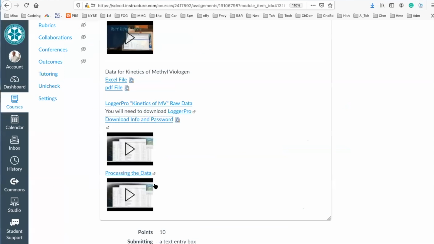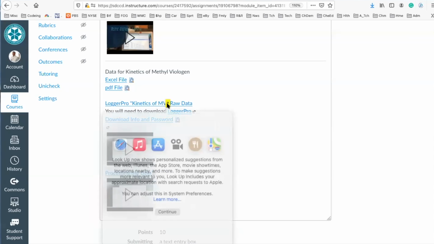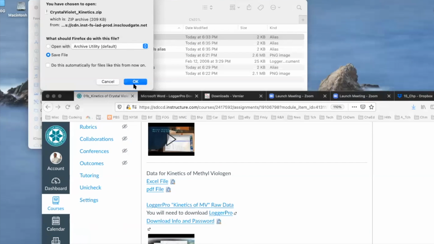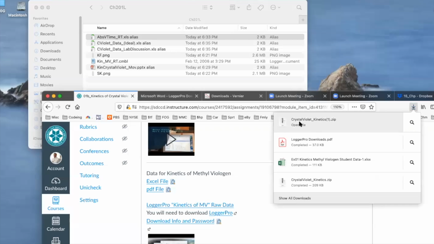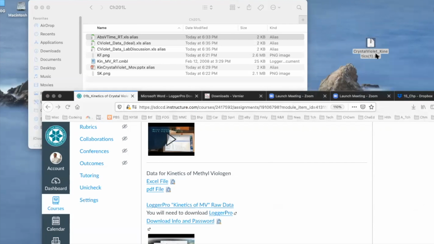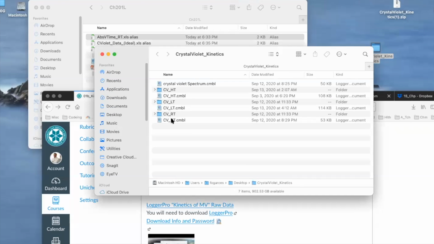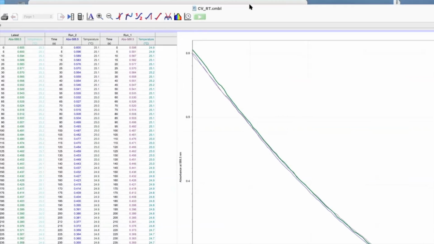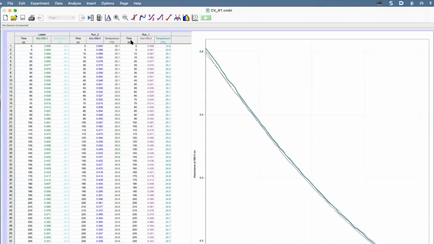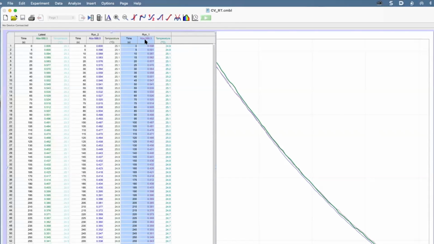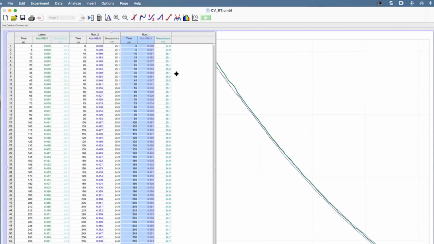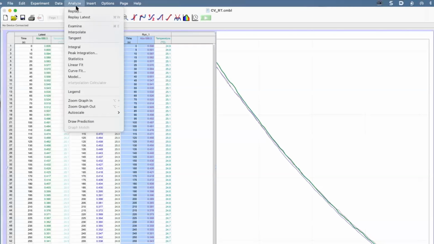And when you get the Logger Pro program, then you can take this right here, which is the raw data. I'm gonna show you that it's gonna download as a zip file. Open up that zip file. And if you have Logger Pro, you can just click on these things. And you have the original Logger Pro data. Replay of the data, then you would simply click on the data sets here and then do analyze and replay. And when you do that, you should be able to run this